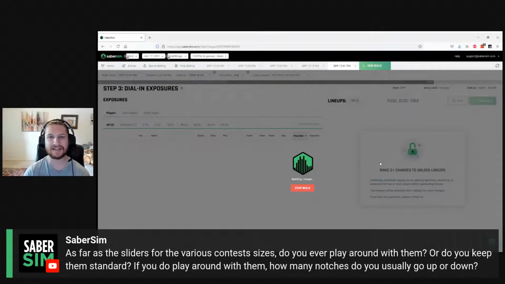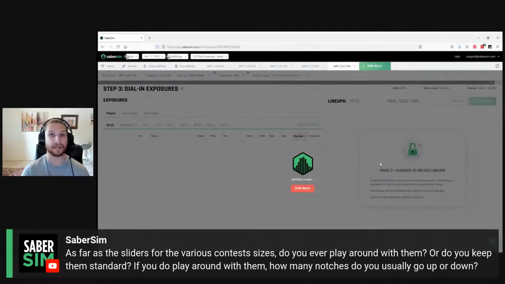Again, more advanced concept here, right? I'm talking about something that requires a little intuition, something that may not just jump off the page to somebody that's new to this. So if you are unfamiliar with ownership or are not very sure of where you want that slider to be to start, leave it where it is. This isn't something you have to do. This isn't a spot where I would go as the first place I wanted to add value to my process. But if you're already comfortable with the idea of adjusting your projections,